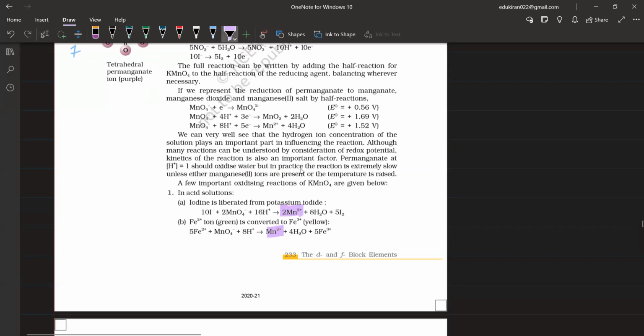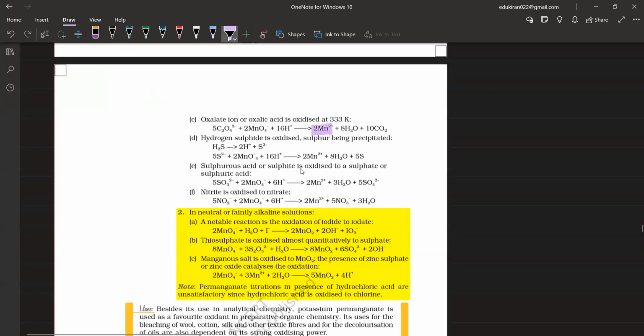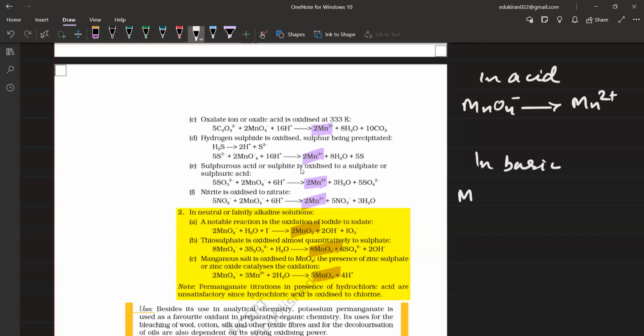यहाँ पे देखिए, यहाँ पे भी क्या है? Mn. इन बेसिक स्टेट इट इज व्हाट? MnO2. MnO2 का मतलब क्या? +4. ठीक है, तो ये याद रखिएगा इन एसिडिक और बेसिक. ठीक है, ये दोनों आप लोग को याद रखने पड़ेंगे, बाकी सारी चीजें आपके लिए आसान है। ठीक है ना।